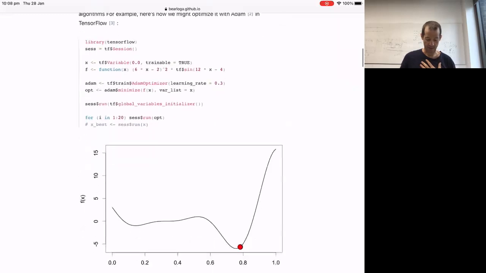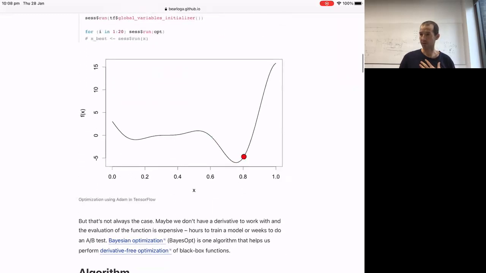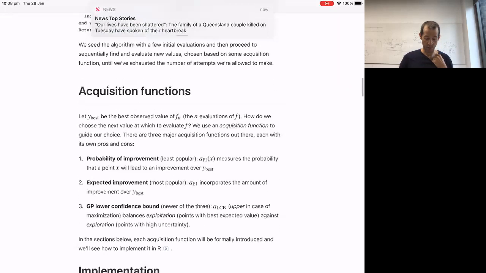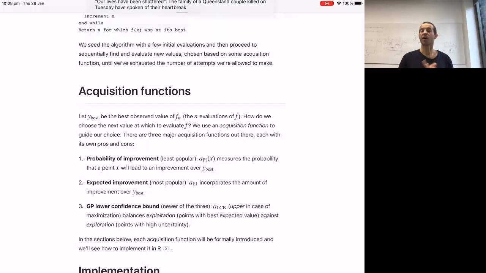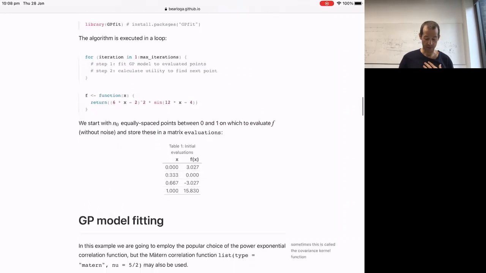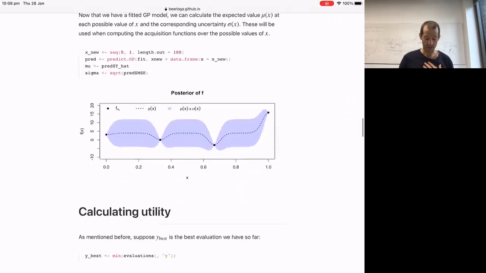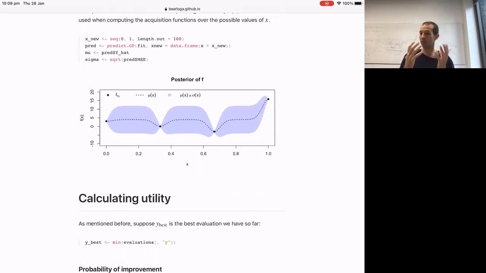they use TensorFlow. If you do a gradient descent, the minimum is there, but by using the Bayesian optimization process, which is based on the acquisition function, remember? The acquisition function is a trade-off between two things, which are exploitation and exploration. So if you go on this tutorial, the idea is to have a surrogate of the function, which is